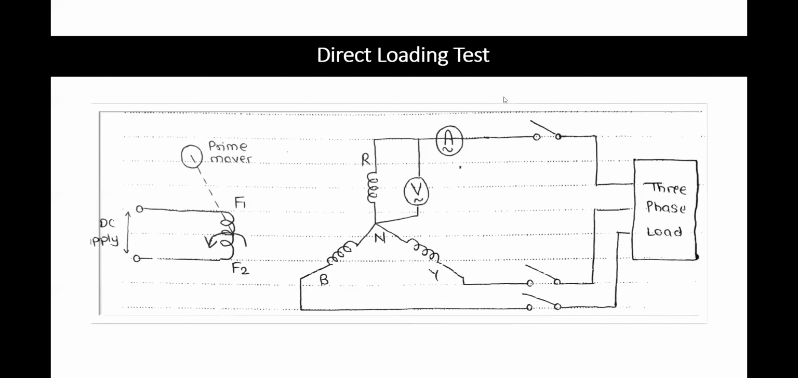In the direct loading test, we directly calculate the value of EPH by disconnecting the load, and by connecting the load we calculate VT. After calculation of EPH and VT, we calculate the voltage regulation. So this is the process for the direct loading test to calculate the voltage regulation. After that,